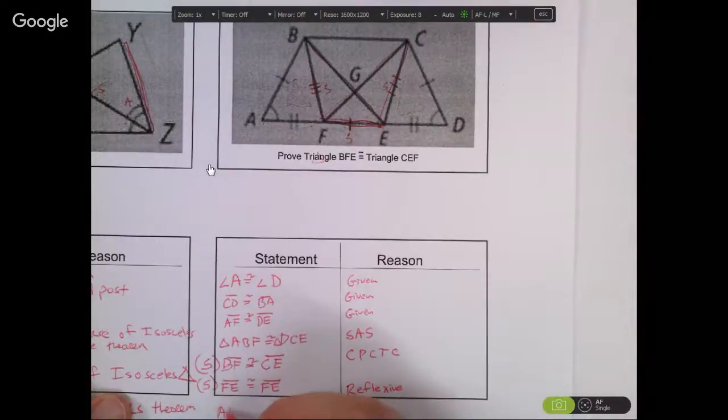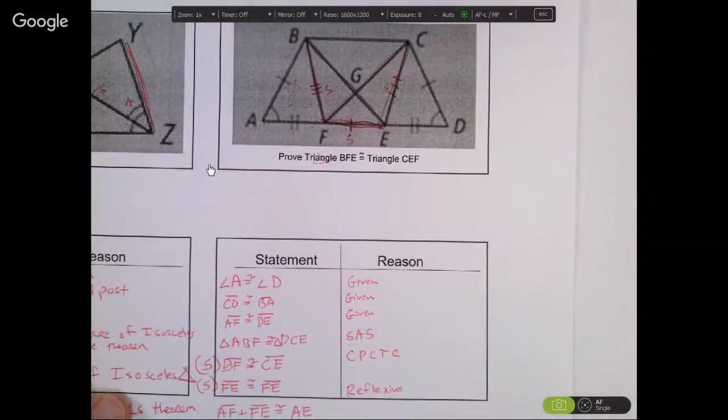Okay. AF plus FE is congruent to AE. Yeah, okay. We can say the AE because of segment addition. You probably get away with transitive, but you could also say segment addition. Why can't we say AE is equal to DF? Because you have to prove that those two, that whole line, you have to prove that whole line is. And so that would mean that DE plus